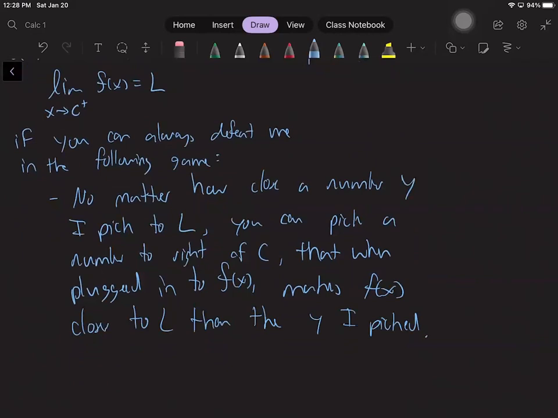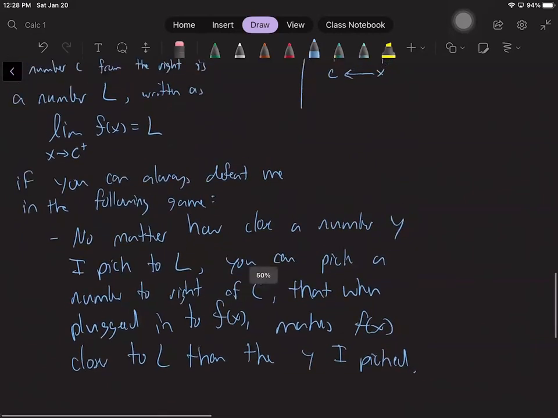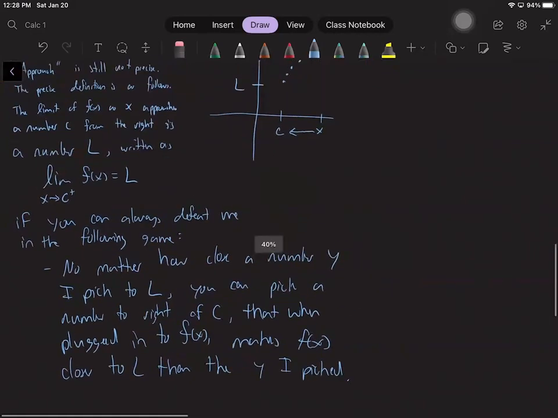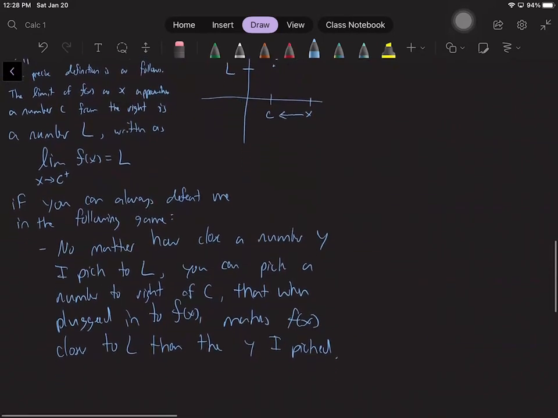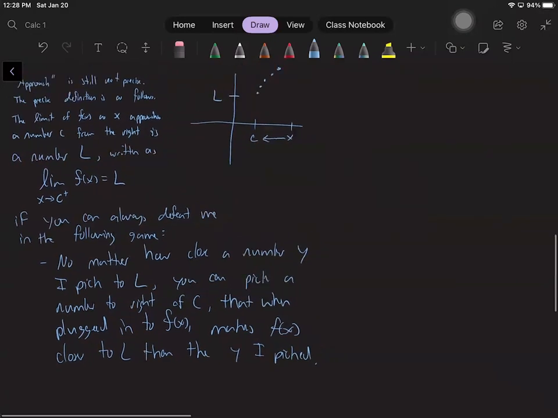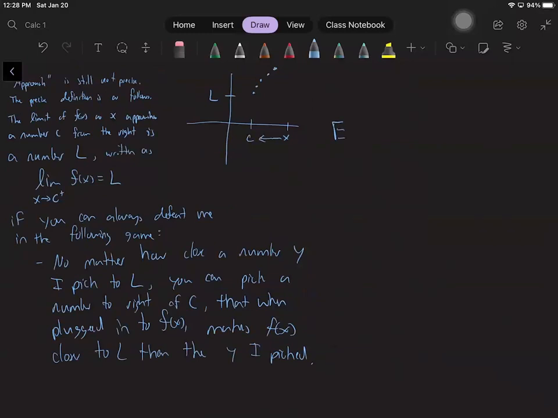Okay, so it seems very, very convoluted. But this actually corresponds to an even more fancy definition called the epsilon delta definition of the limit, but I turned it into a game to try to make it easier. So it seems confusing, but we just got to use it to see how it works. So for example, let's think about a limit that we already did and use this definition to say